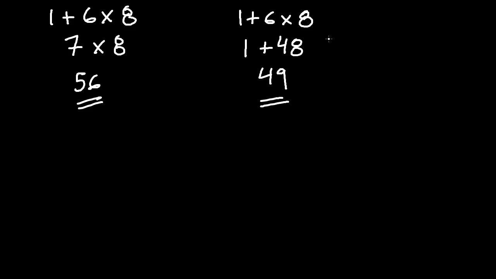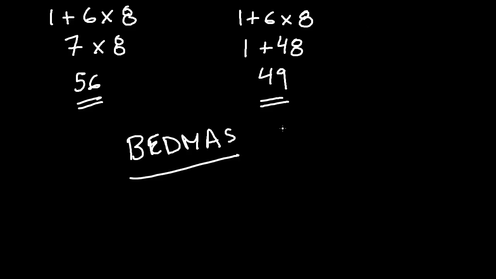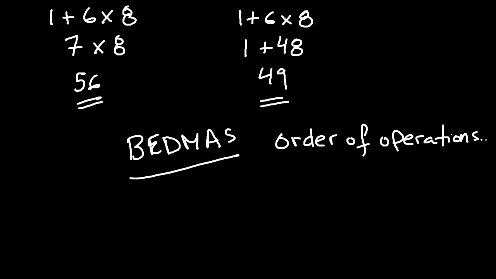To avoid this difference and get the correct answer, we use something called BEDMAS. BEDMAS is a mnemonic or a short form that helps us remember the order of operations in mathematical expressions. Okay? So it helps us to remember the order of operations. So BEDMAS